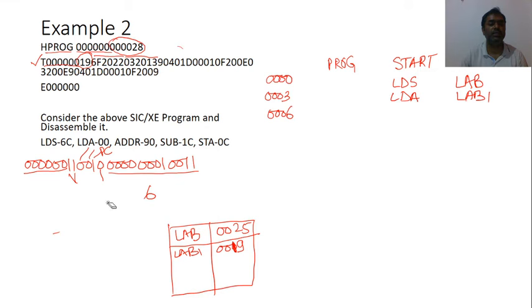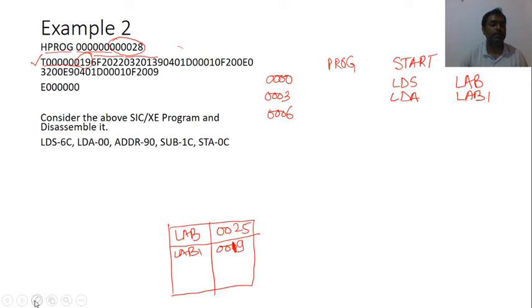You can see here our next object code starts from 90, and the object code corresponding to ADDR is 90, and ADDR is a format 2 instruction. So I have to consider only 2 bytes of object code, that is what? 9040, and 90 corresponds to ADDR, so I have to write ADDR here.